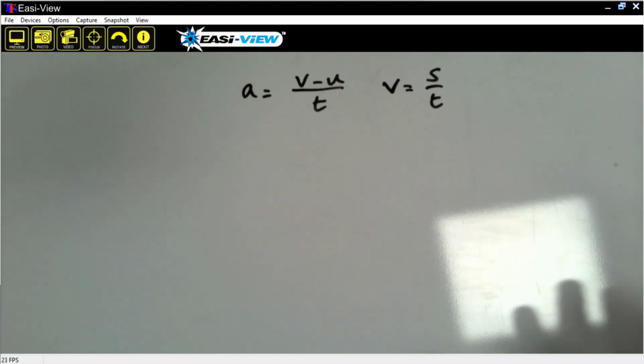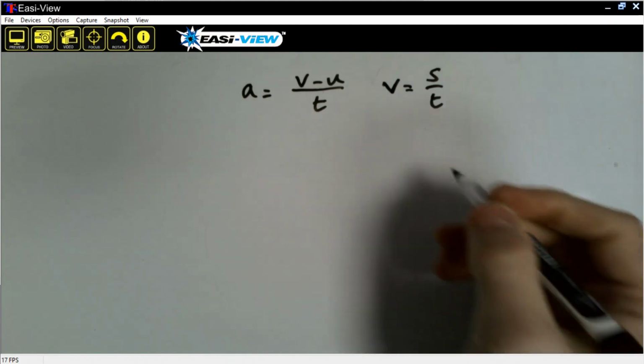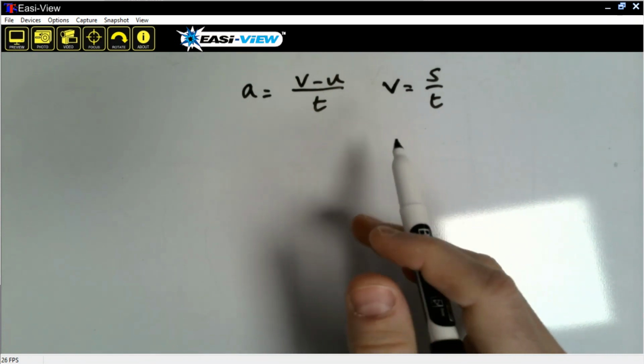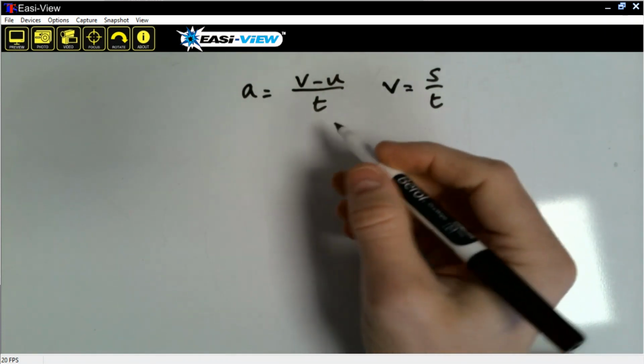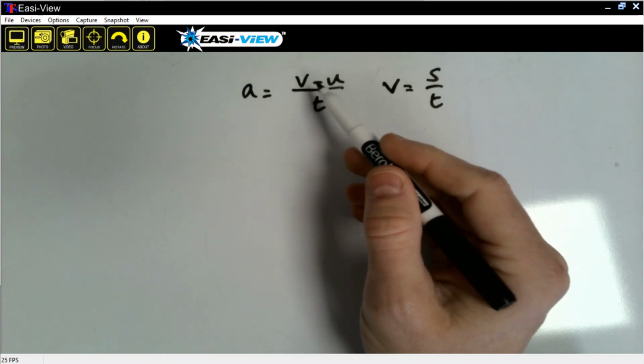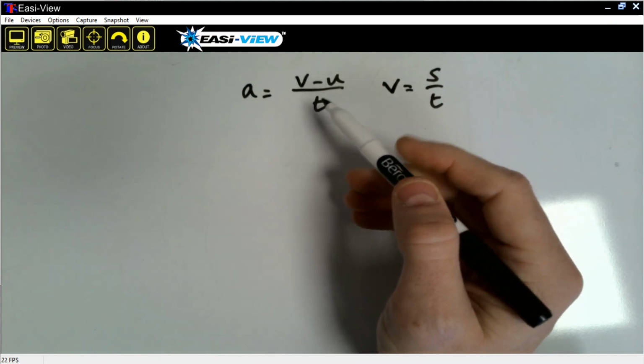So the final two equations that I'm going to deal with that are given to you in the formula and data booklet for AQA are v equals u plus at, and then v squared is u squared plus 2as. So the v equals u plus at is fairly straightforward, and that's going to be our starting point for both of these anyway. So if you accept that acceleration is change in speed over time and the acceleration is uniform,